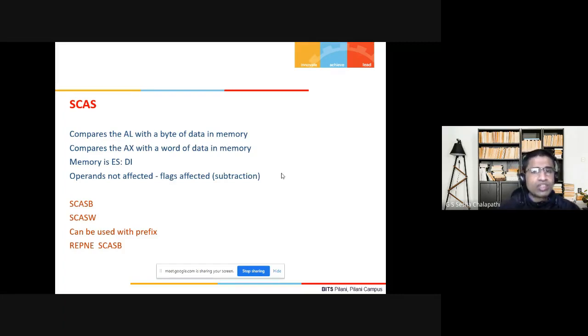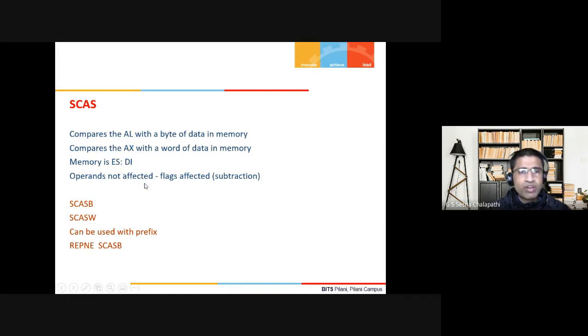So what SCAS does is it compares AL with a byte of data in the memory. The memory location will be specified by DI, and because DI is used, you will be comparing in the extra segment by default.